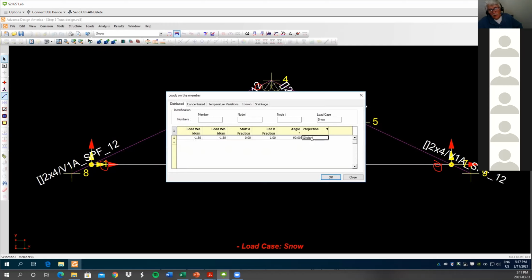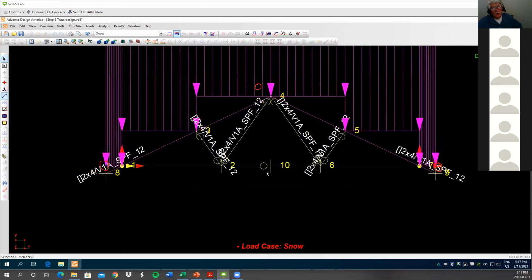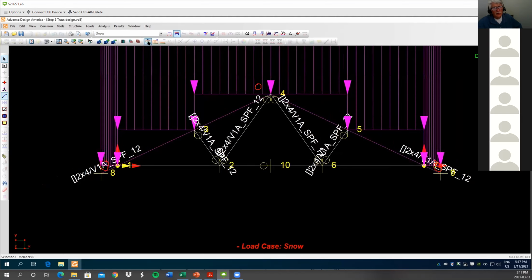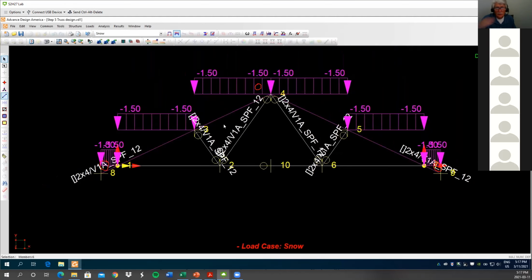Here under projections, you'll see you have horizontal global. That's the one. That's what the code wants. You press that and press OK. And there you go. Now adjust your load. No, don't do that. Adjust them here. Okay. And there you go. Now all you have left is to add the dead load